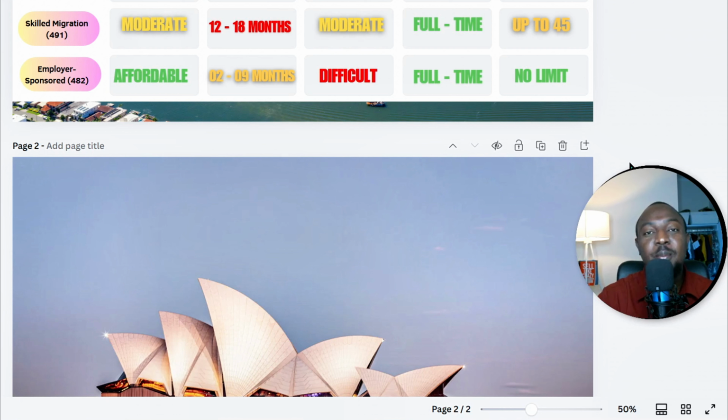Okay, so finding an employer is where the issue is. It's very, very difficult to find an employer. Okay, but once you get an employer, you come in here to work full time for that particular employer. And age limit, there's no